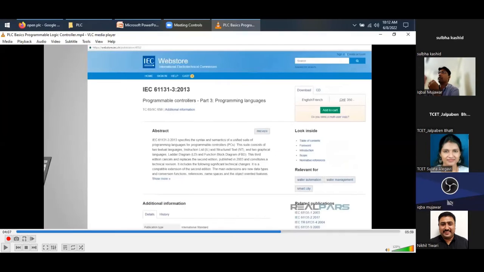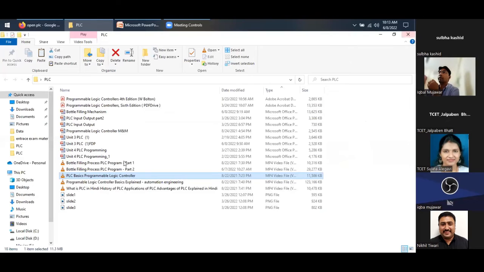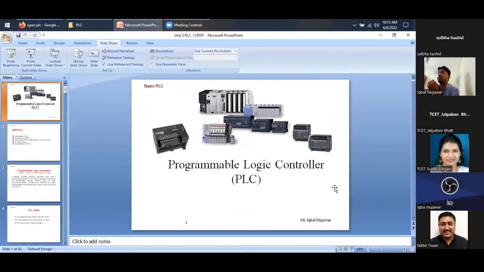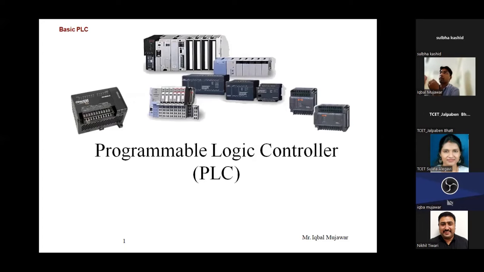Okay. After that, some theory part is there regarding how they overcame to agree on a single language. As mentioned, every manufacturer has their own style of making the ladder coding. That is a later part. But ultimately, from this video, we will get the idea regarding what a PLC is and how it is better than the relay-based logic controller, which was previously used in industry.